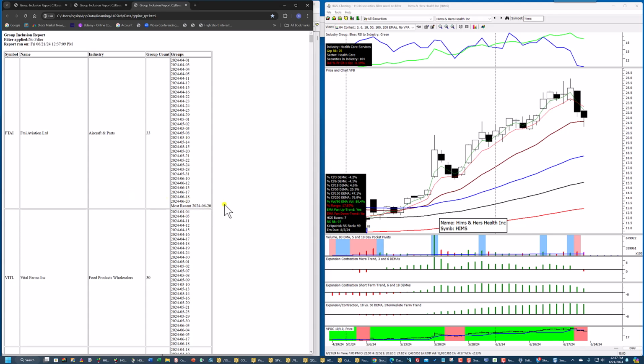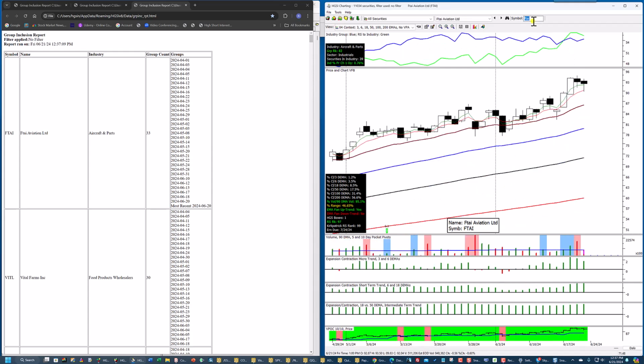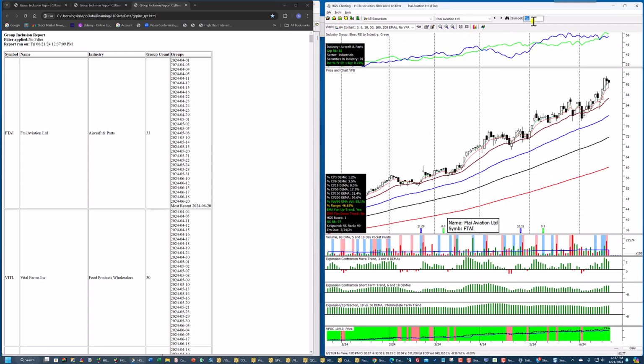what you see here is this is a stock that came up yesterday, FTAI, and look at all the times it appeared before going back to 4-1. And look at this fan. Look how strong this stock is. I watched this thing go for a long time, and I never did get on it. But let's take a look at it now,